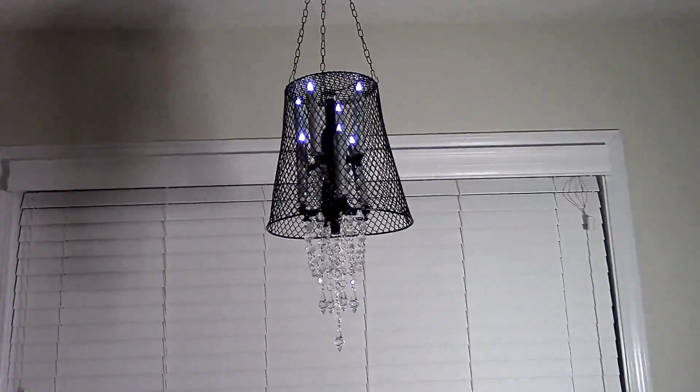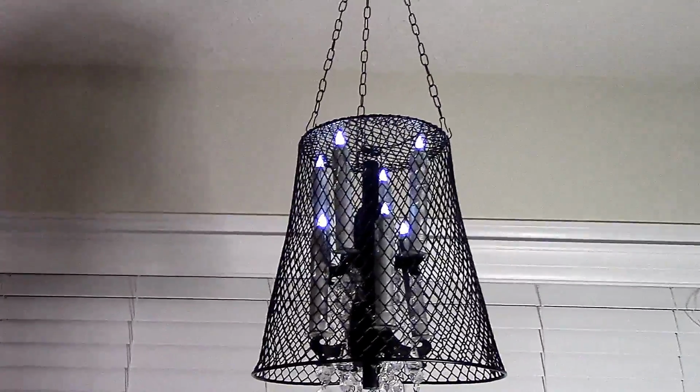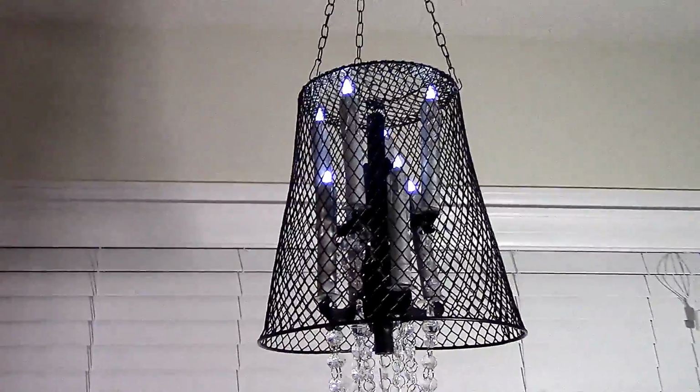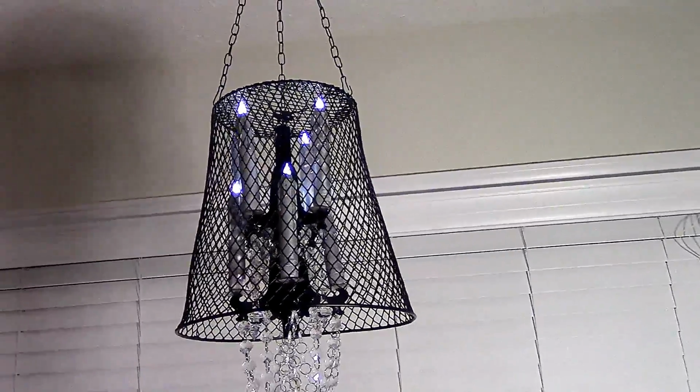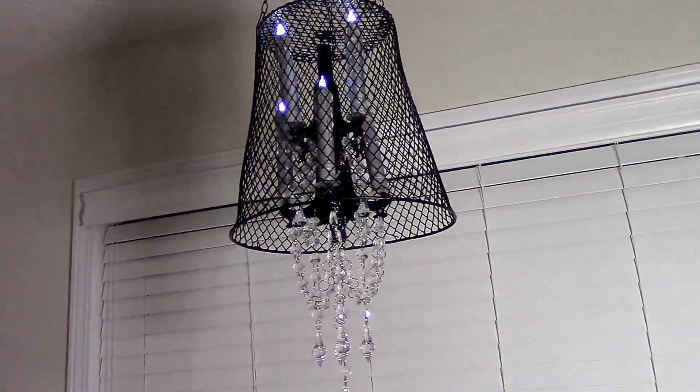Our waste basket chandelier. It came out really nice. I do have to do a little bit more to the candles, but other than that,